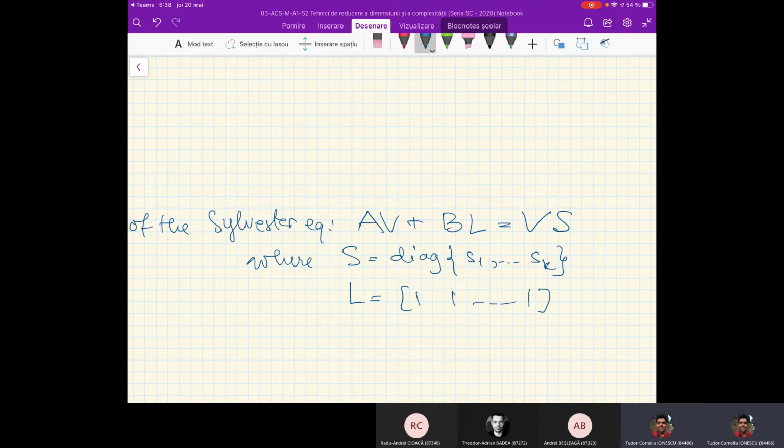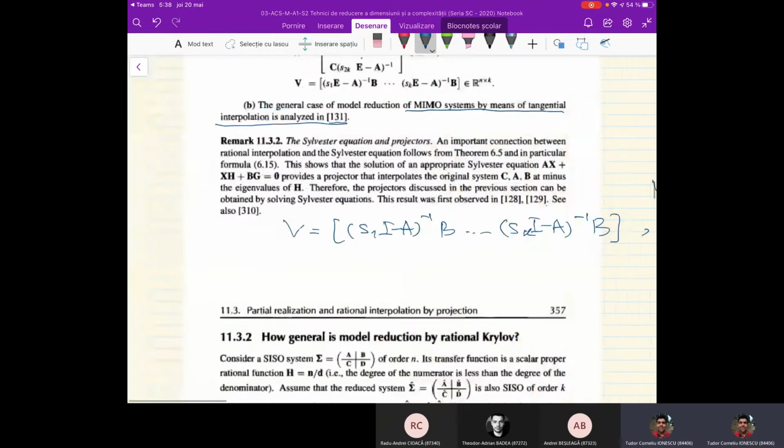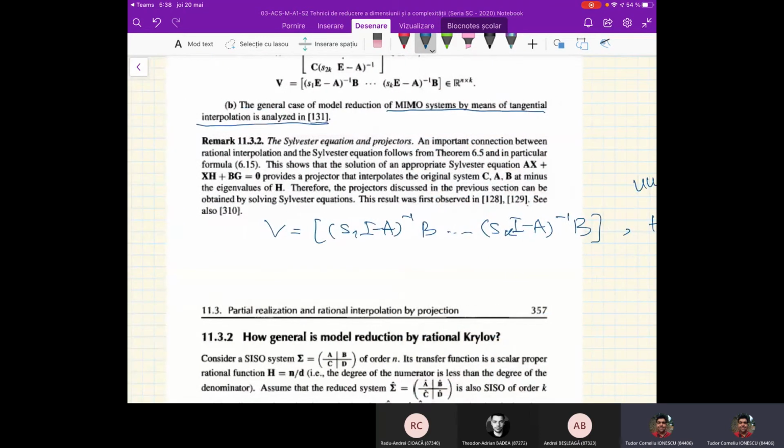It's easy to prove that. It's very easy to prove. Why? Because you just write this. You just write this very easily. We'll discuss this later. Okay? The same W, which is C S1 I minus A inverse, C S1 I minus A